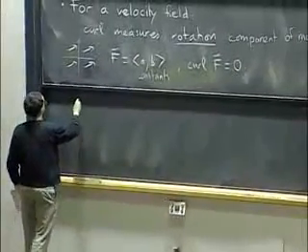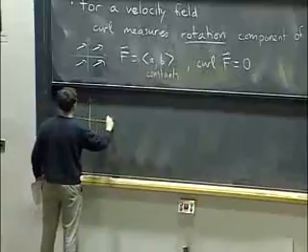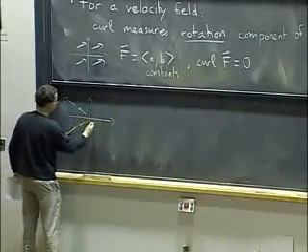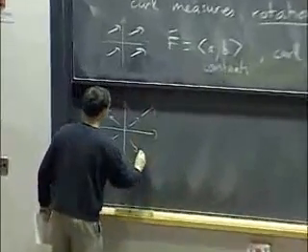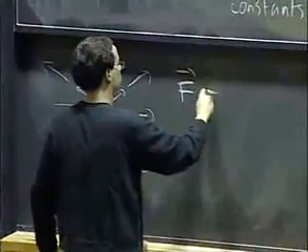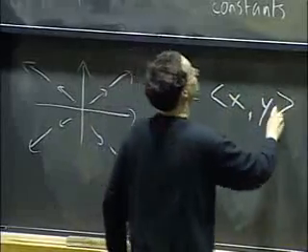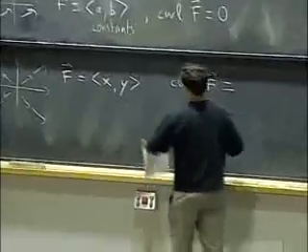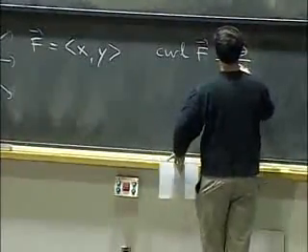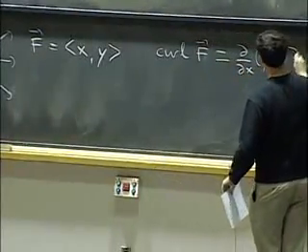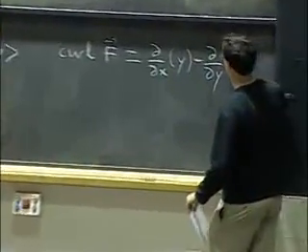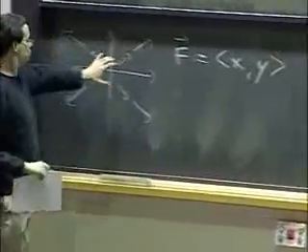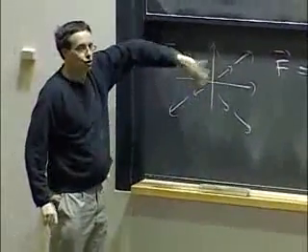On the other hand, let's do another one where there's still nothing going on. Let's say that I take the radial vector field, where everything just flows away from the origin. So that's f equals x comma y. If I take the curl, I have to take partial x of the second component, which is y, minus partial y of the first component, which is x, and I will get 0. And indeed, if you think about what's going on here, there's no rotation involved.